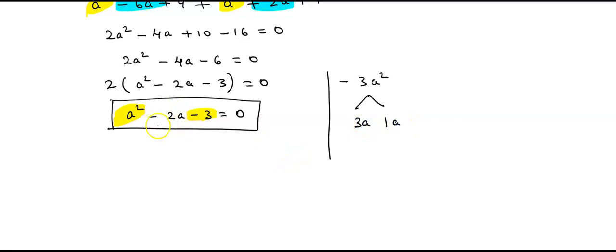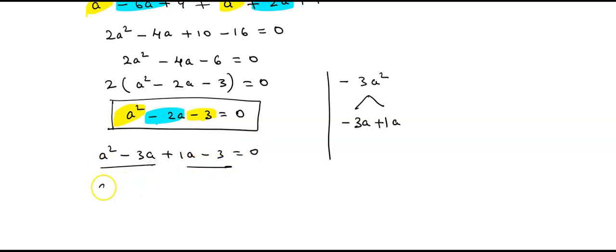What is the middle term sign? Minus 2a, that is minus is the middle term sign. As you can see here, minus is the middle term sign. So we put minus for the bigger number. Minus into plus will become this minus. Now you can add and check, minus 3a plus 1a is minus 2a. Minus into plus minus, 3 ones are 3, a into a is a square. Now we can say here a square minus 3a plus 1a, or a also you can write, minus 3 equal to 0. So now we have to take two factors. Here a is common, then a minus 3. Again here also a minus 3 you can write, then outside is plus 1 is equal to 0.